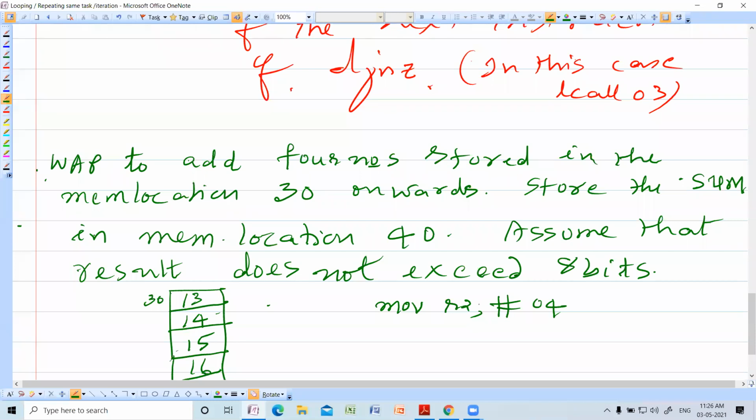In the add instruction, always the first operand should be present in accumulator and the destination also will be accumulator only. So I will initialize accumulator A with 0. So I will start like this, 0 plus 13. So result is 13.